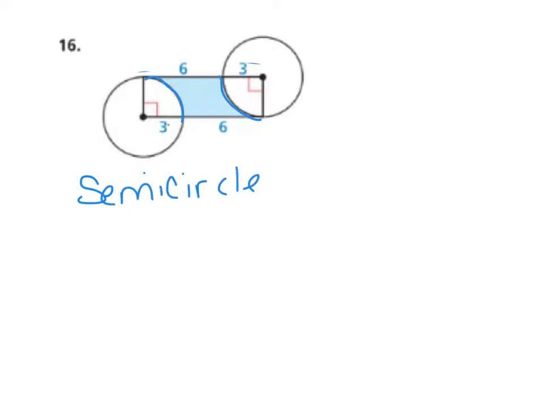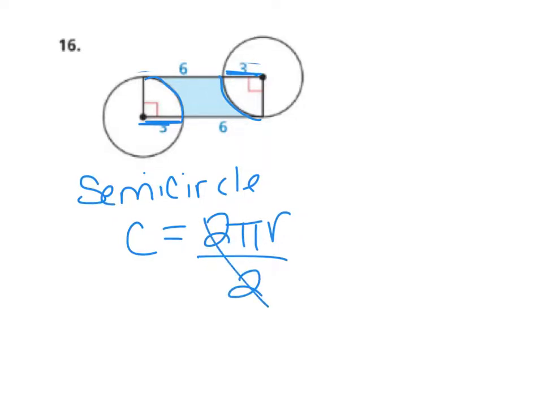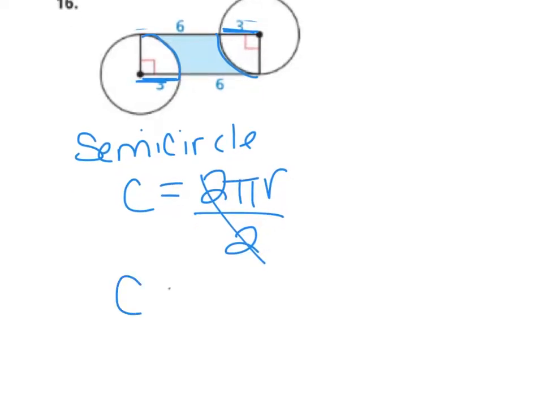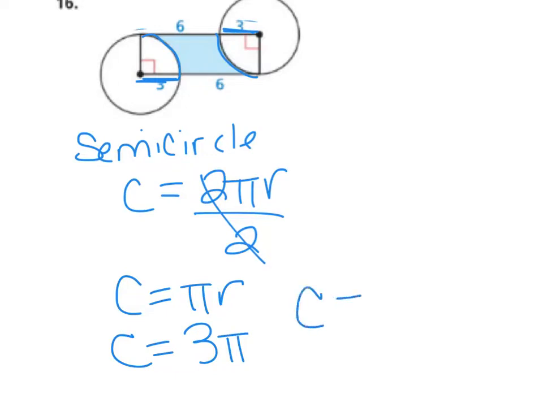Okay, and we're working with radiuses. So I would need to use the circumference equals 2 pi r. That's a whole circle. However, I don't want a whole circle. I want half the circle. So having a half means I would divide by 2. And when we think about that, our 2's are going to cancel out. So the circumference of a semicircle is just pi times r. So for that semicircle, it would be 3 times pi, because our radius is 3. And the circumference of that particular semicircle, if we multiply that out, is